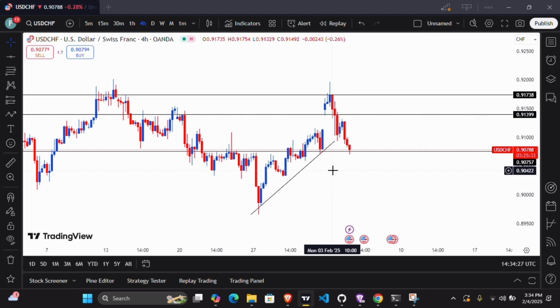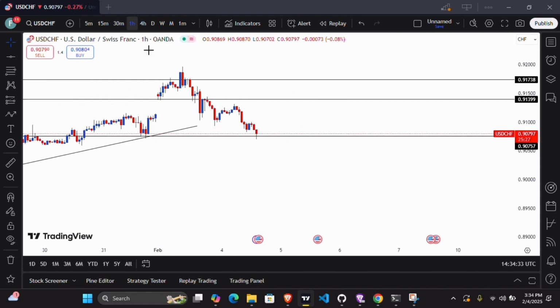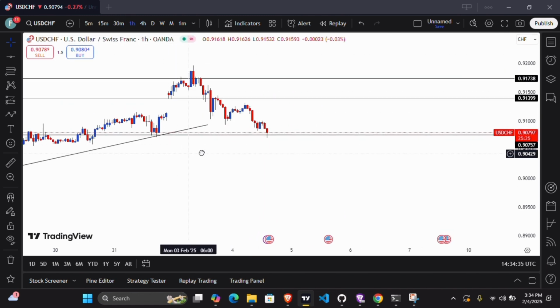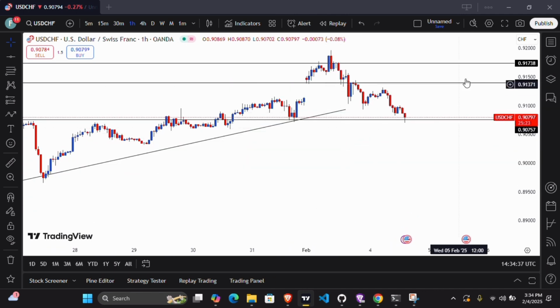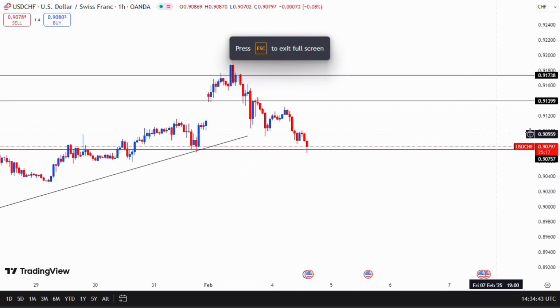But let me explain further. If you go to my 1 hour time frame, it will be much clearer. It will make much sense if you go to my 4 hour time frame. Let me use my full screen. Beautiful. So right here